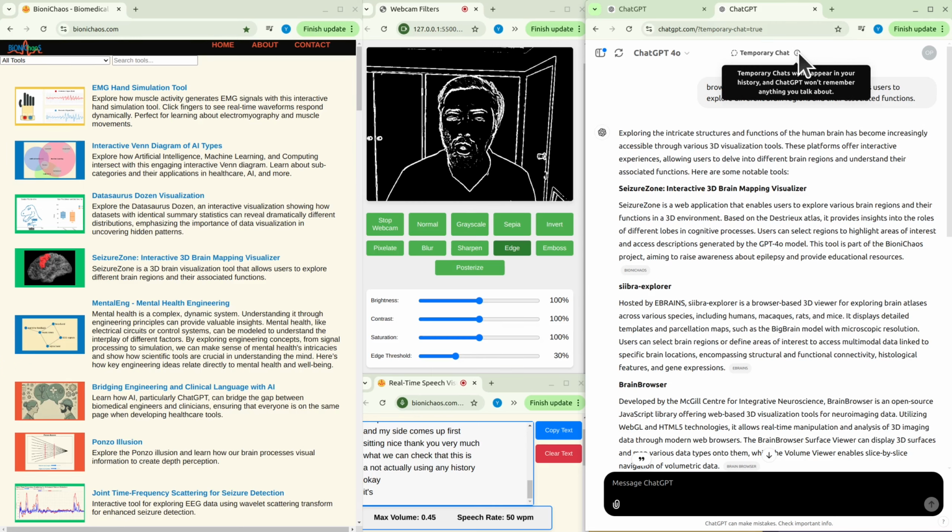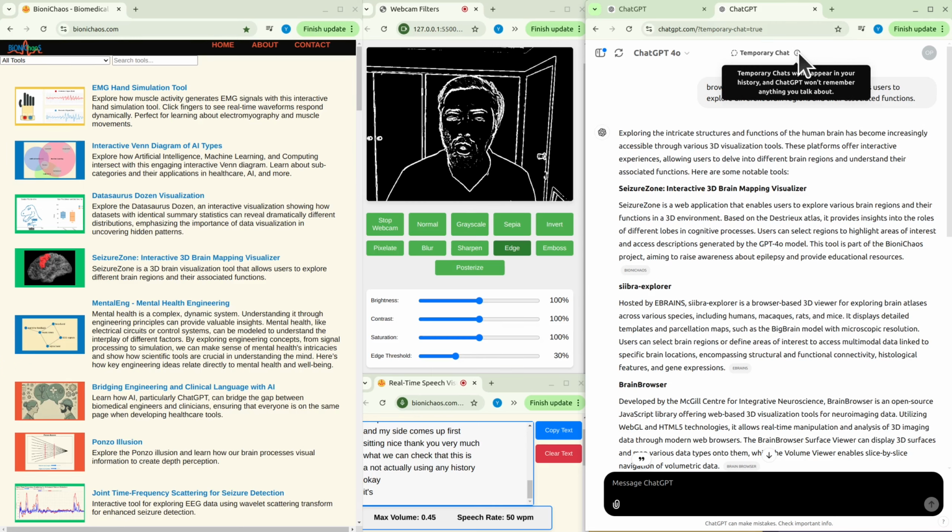The EMG hand simulation tool would be a great one to show. It could highlight the muscle contraction slider and how users can interact with it in real time for a fun and informative demonstration. Do you actually know what it looks like? Yes, I can see the interface. It looks like a single-page application with a muscle contraction slider.